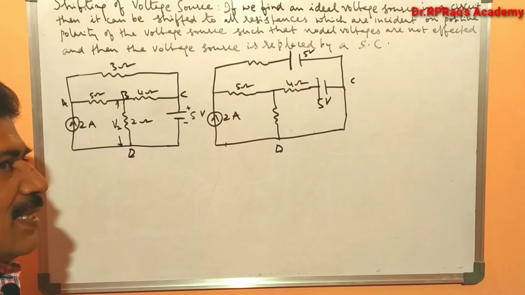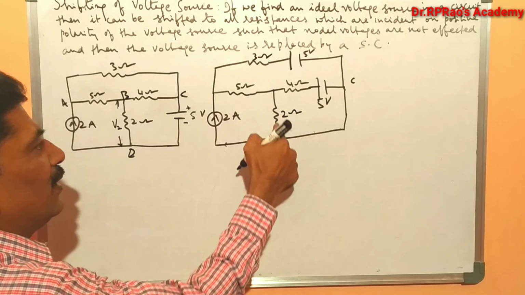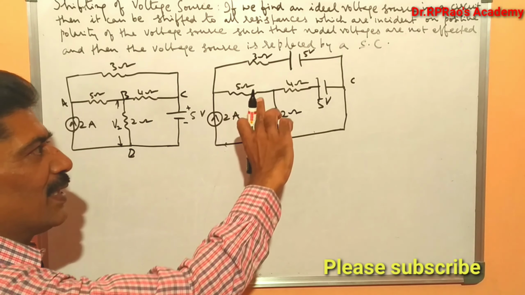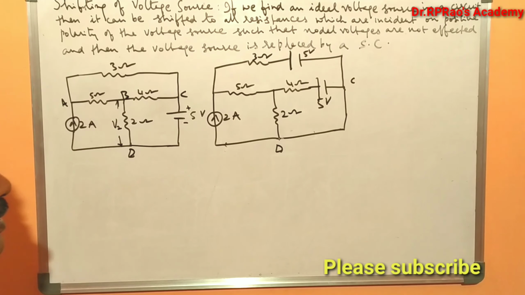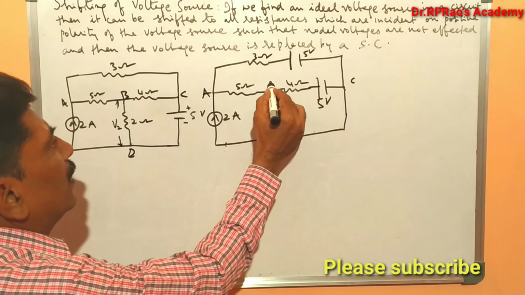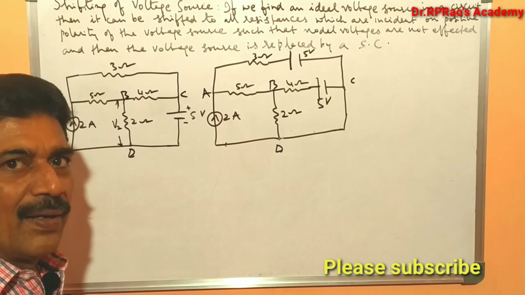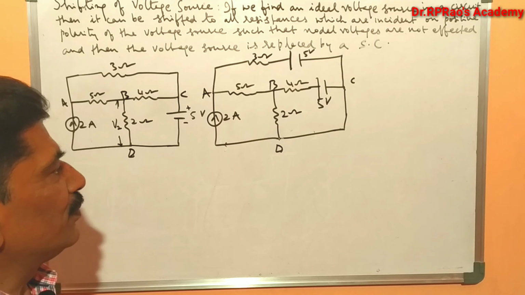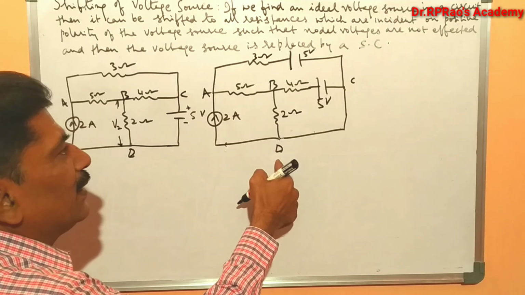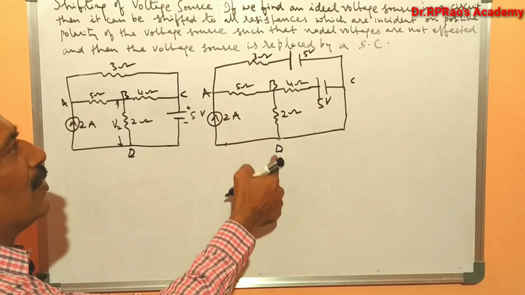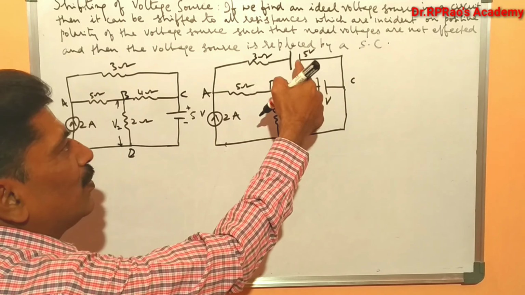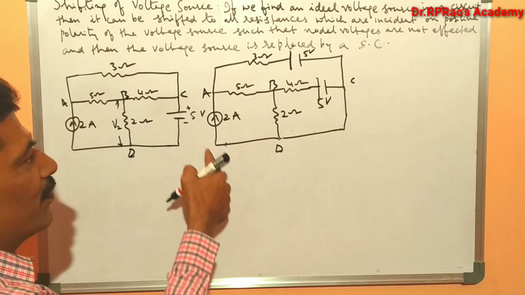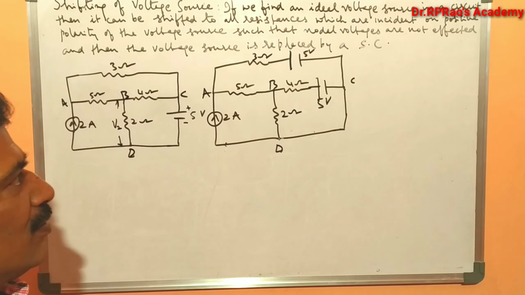3 ohms. Okay, our aim is to find out the voltage drop across this 2 ohms resistor. So, if we find the current flowing through this 2 ohms resistor, we can find the voltage drop across it. Now, since C and D have the same potential, there is no voltage drop across this. So, C and D will be at the same potential. So, the branch between A and C can be removed and connected across AD, so that the circuit will be simplified.